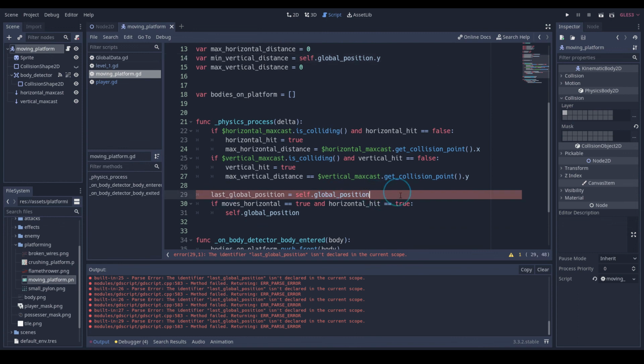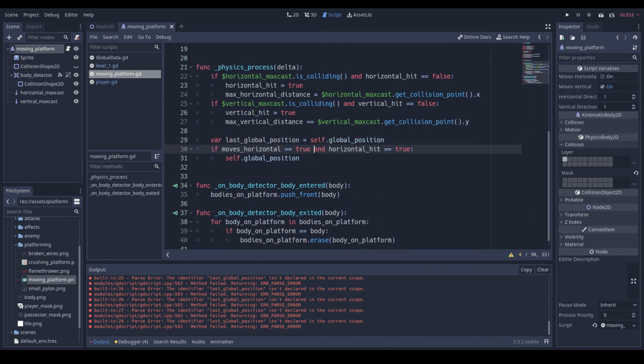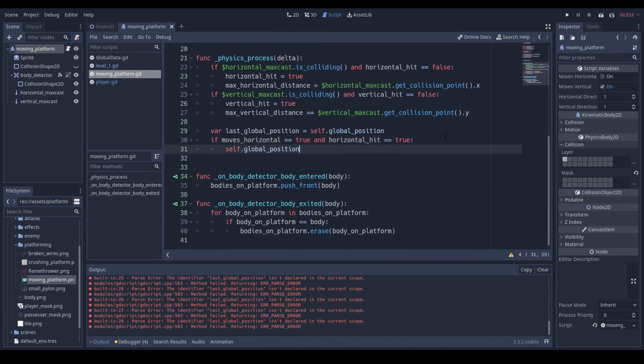Yeah, so var last global position is equal to self dot global position. Okay, and then we can do